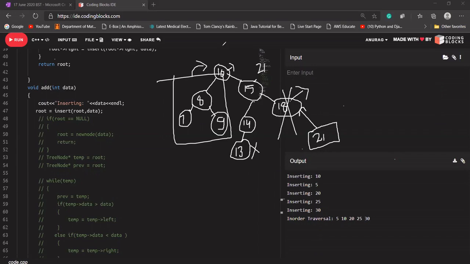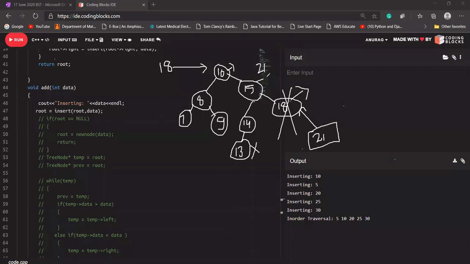Here, I'm going to design a recursive solution. Let's say I want to delete 18. There will be three cases. Let's say I pass my root node to the function. The function will compare 18 with 10. If it is less than 10, it will send 18 into its left part. If it is greater than 10, it will send it into its right part. Right now 18 is greater than 10, so it will go into its right part.